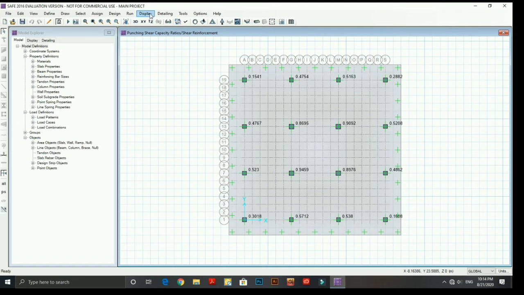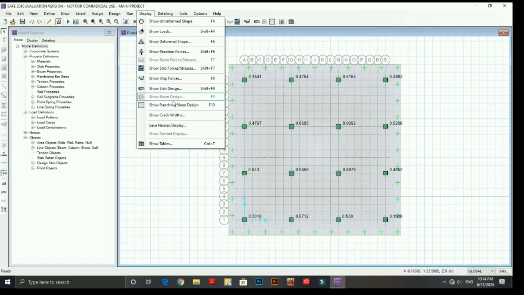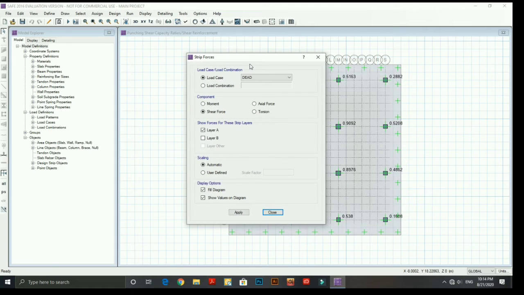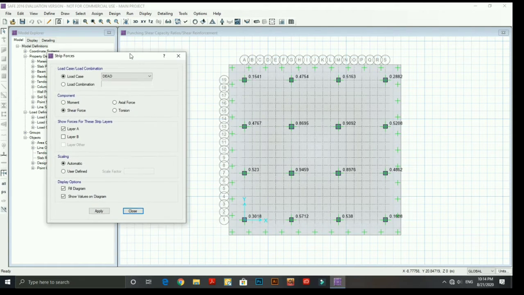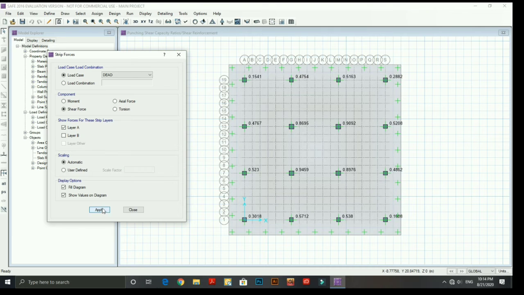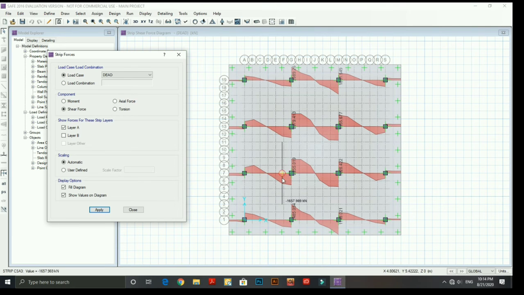Next go to the display menu and click the strip forces. I check the results and they are shown here.